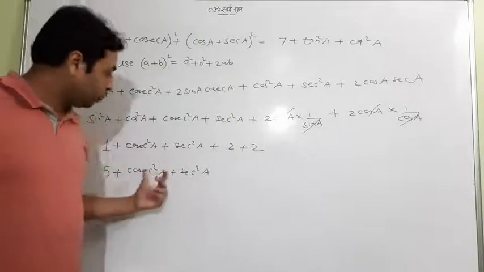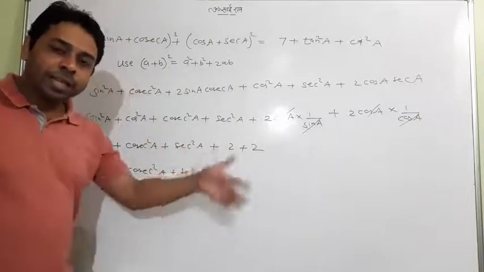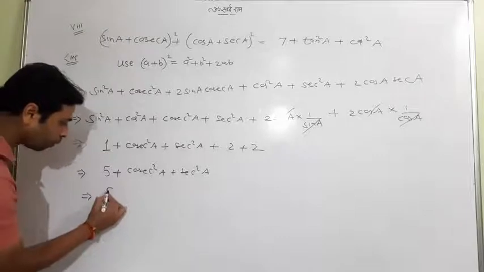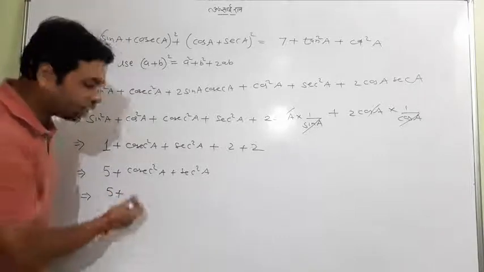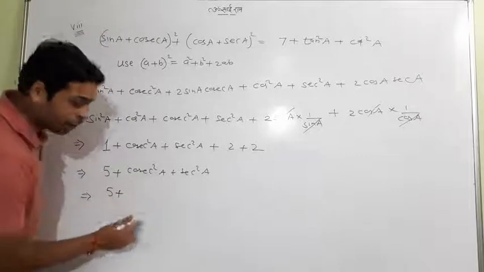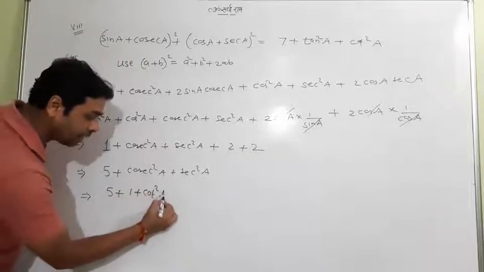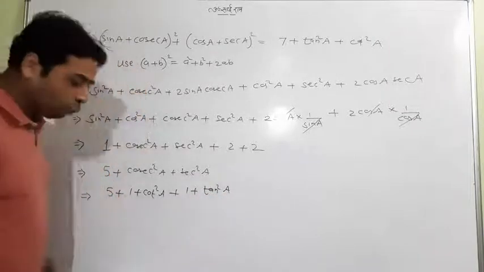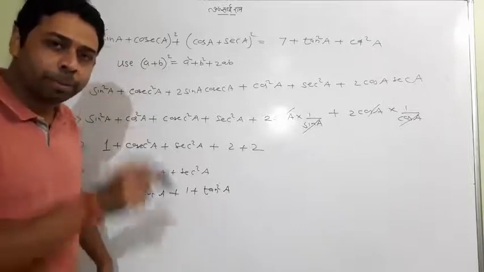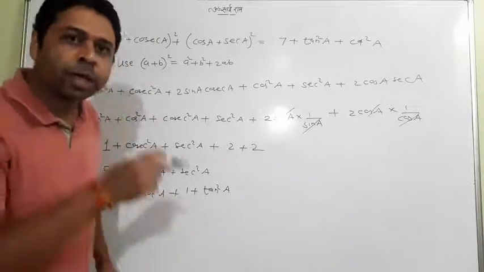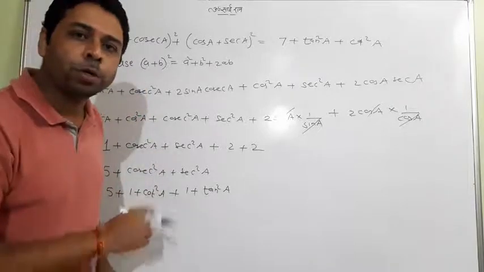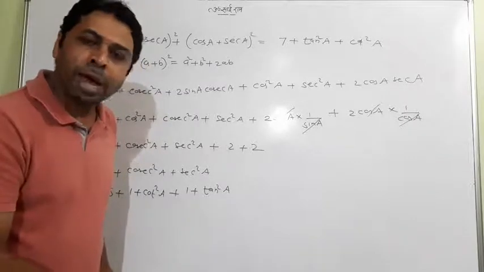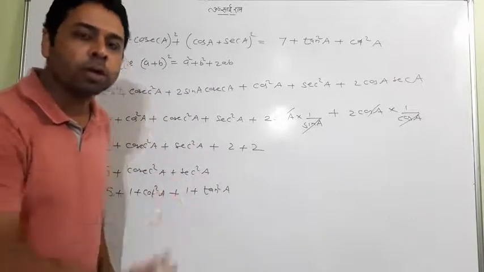So you don't worry. You have two more identities. See the list of the identities in which you will get cosec square theta is equal to, I'm going to write directly because it's itself a property. Cosec square a is equal to 1 plus cot square a. That's an identity. Sec square a is equal to 1 plus tan square a. It is an identity. If you don't remember, you can see the table of the identities which I made you write. You already have written in a copy. While solving this kind of question, keep this formula in front of you and then take the help of this. Slowly you will all remember this.